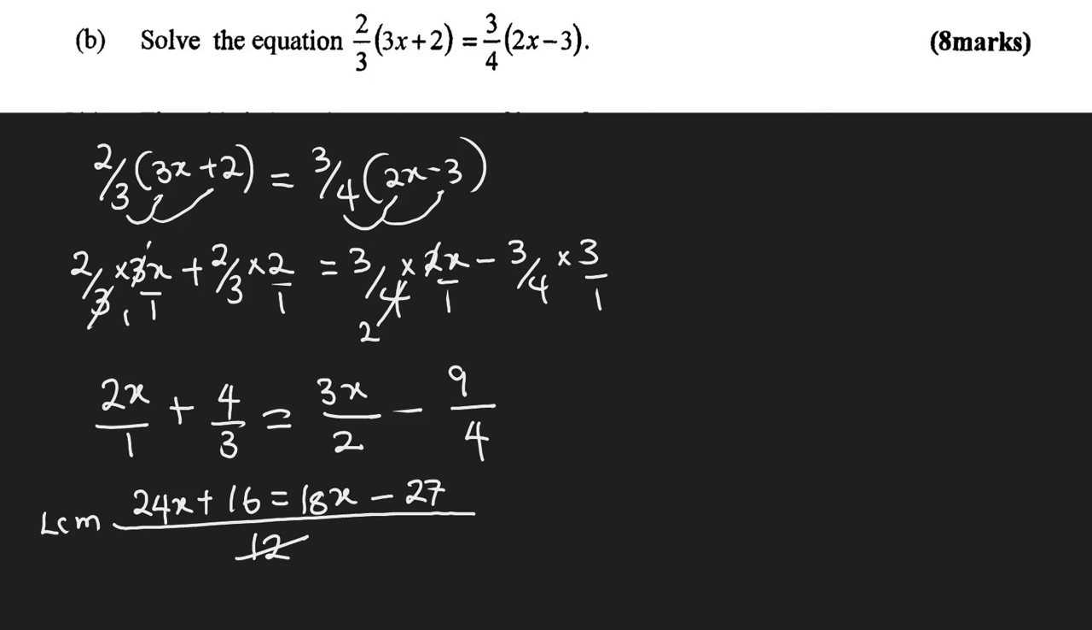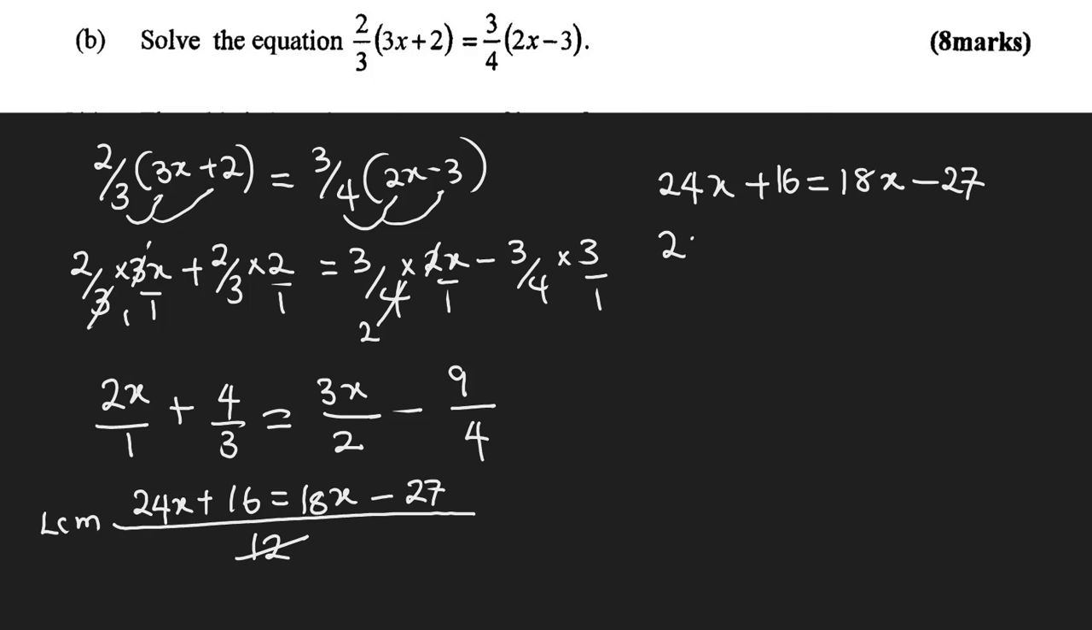Now we have a linear equation where we have what? 24x plus 16 is equal to 18x minus 27. So collect like terms. All these x will move to the other side, and this number will move to the other side, right? So we'll do that. Of course, we're going to have